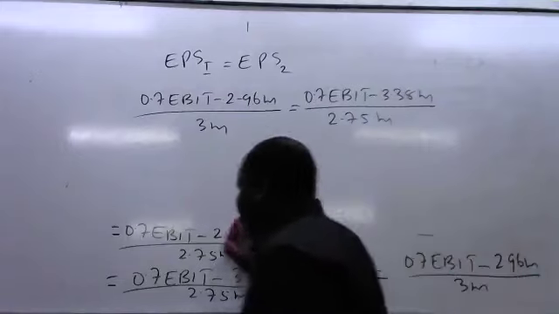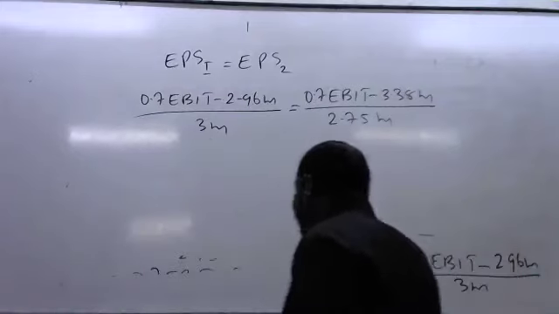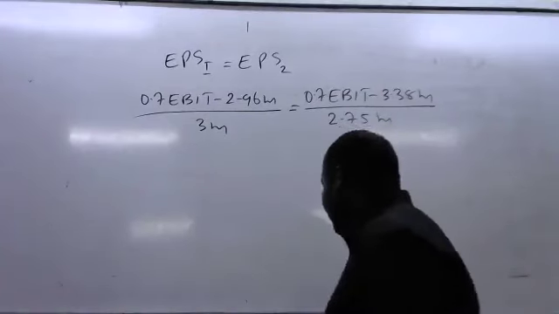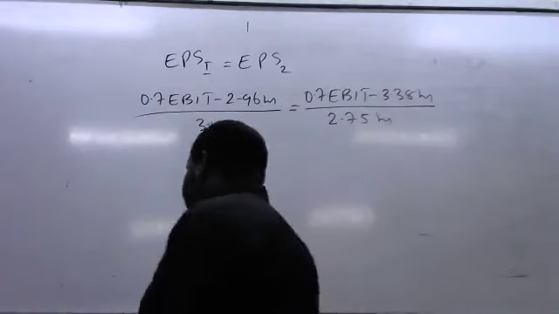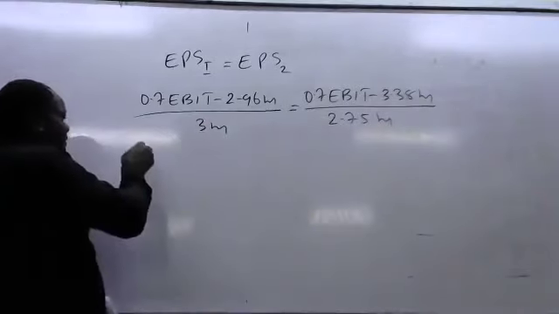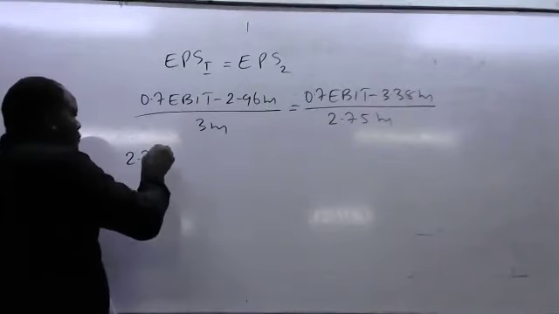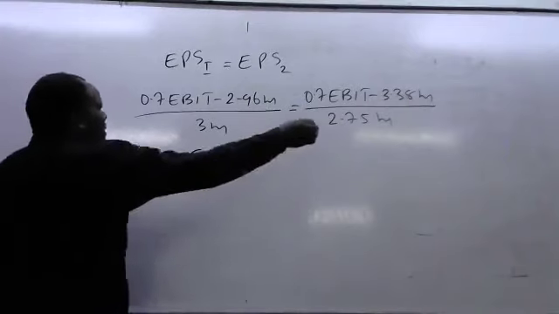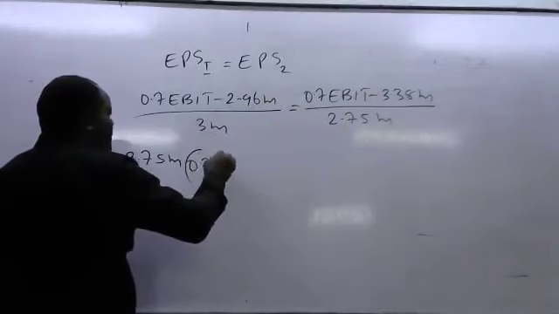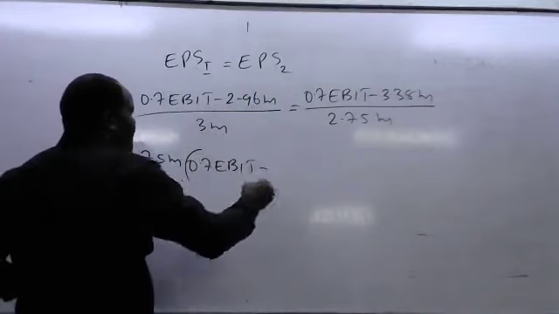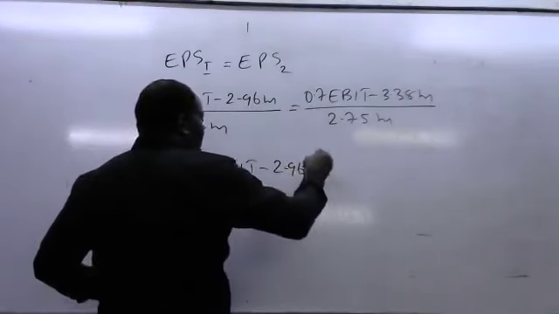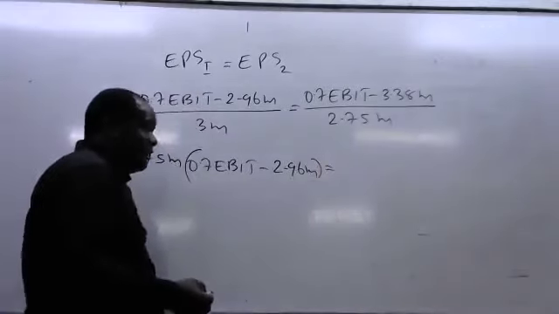So we cross multiply so that we make earnings before interest and tax the subject. I'm cross multiplying by 2.75 million. So in the bracket of 0.7 earnings before interest and tax, we minus 2.96, should be equal to